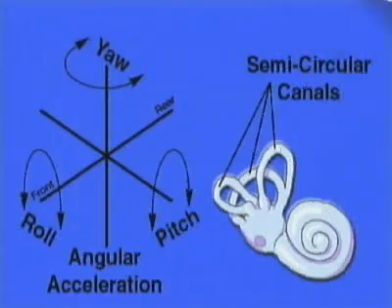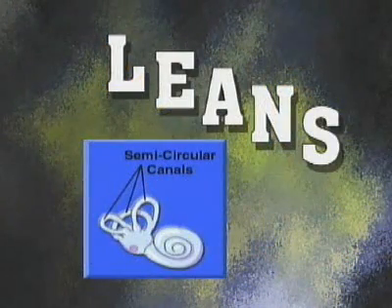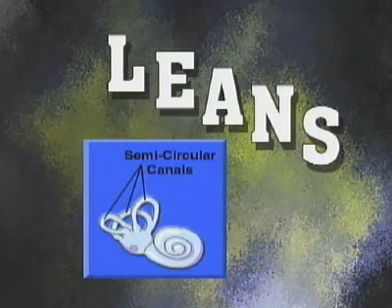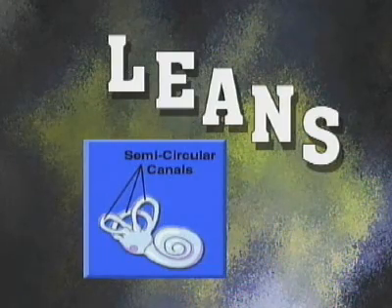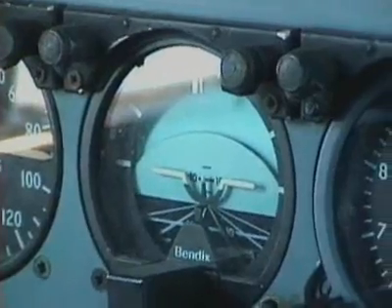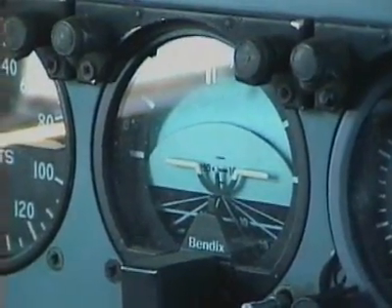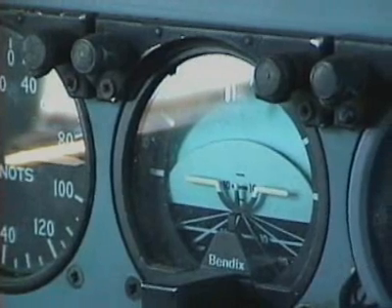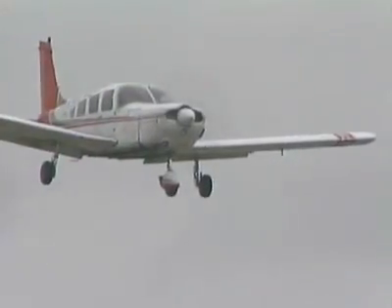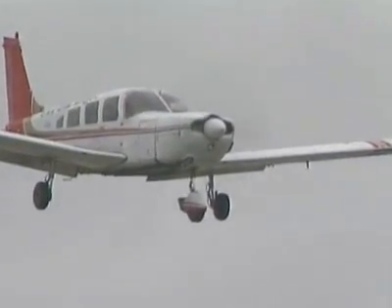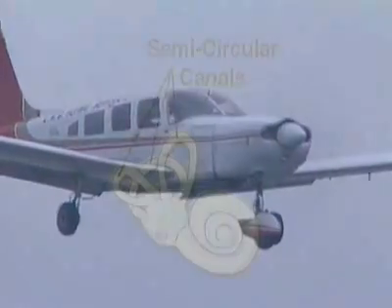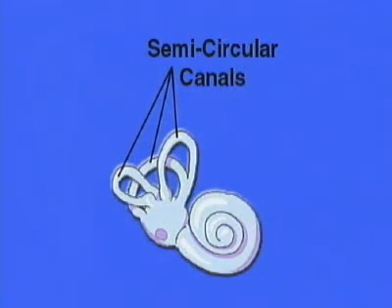direction. Now, let's examine some other in-flight illusions that are caused by the semicircular canals. The leans is the most common sensory illusion related to stimulation of the semicircular canals. The leans can be caused by two different circumstances while flying instruments without outside references. Remember this: it is possible for you to be unaware of a gradual turn of the aircraft because human exposure to a rotational acceleration of 2 degrees per second squared or less is below the detection threshold of the semicircular